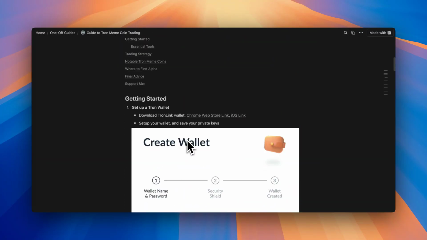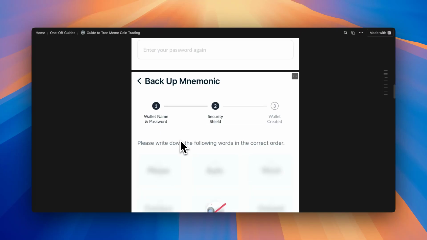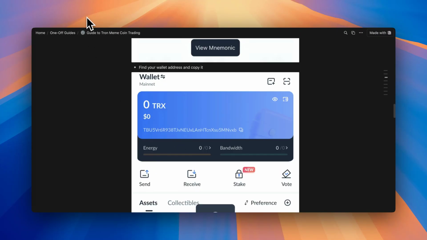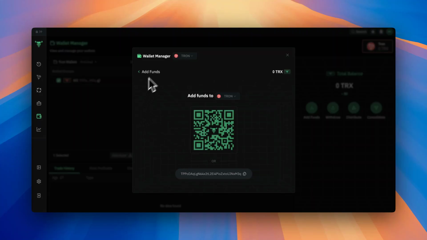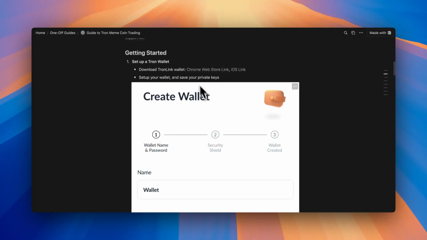And once you sign up for BullX, you can download the Tron wallet either through the Chrome Web Store or through the app if you have an iPhone. You'll simply sign up and import your wallet address. All you have to do is export the private key that was provided to you when you first signed up for BullX, and then you can have your wallet here on the official TronLink app, right?